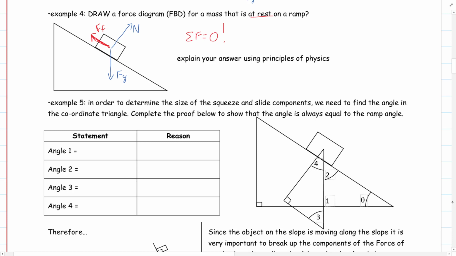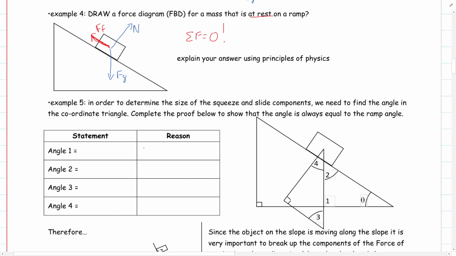So just take a look at this. In order to determine the size and squeeze of these components, we need to find the angle in the coordinate triangle. Complete the proof below to show that the angle is always equal to the angle of the ramp. So we need this angle number 4. Okay, we need this, but what is that? Well, we can see that